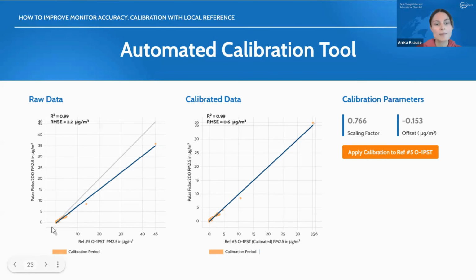And then for every point in time, you get one point that says how much both sensors measure. And the closer these points are building a linear line, the better they track each other.